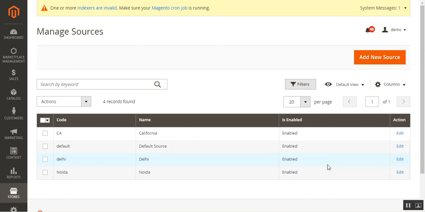Today we'll be checking out our new plugin, the Magento 2 Multi-Vendor Marketplace Multi-Source Inventory plugin, that basically facilitates a speedy delivery of products to customers and enhances the inventory management system. Now basically the marketplace admin creates the sources, which are then visible to the marketplace vendors, who can then select a feasible source from the list of sources created by the admin, and the vendors can then allocate a specific quantity to the source